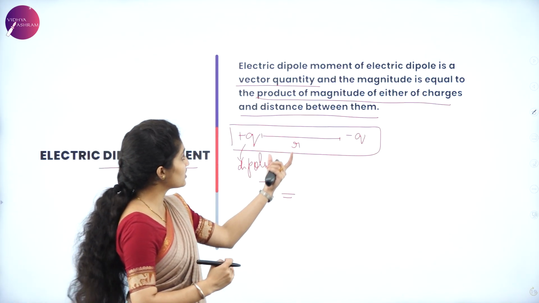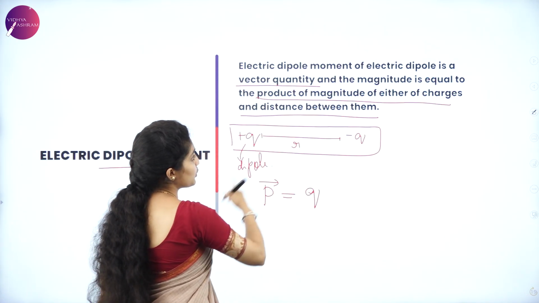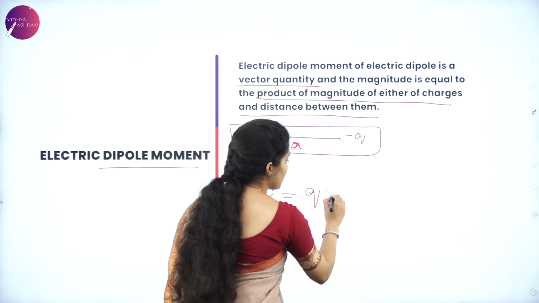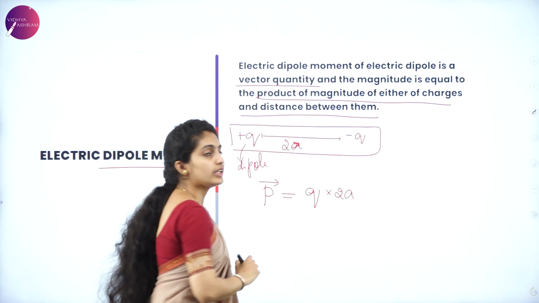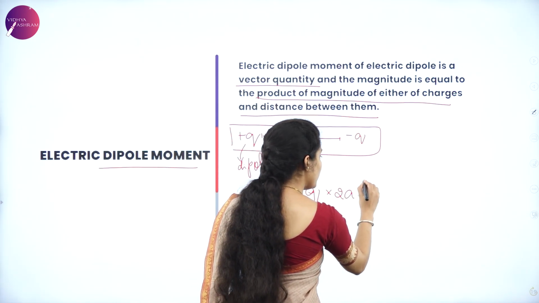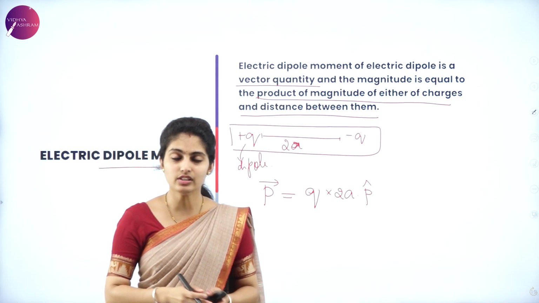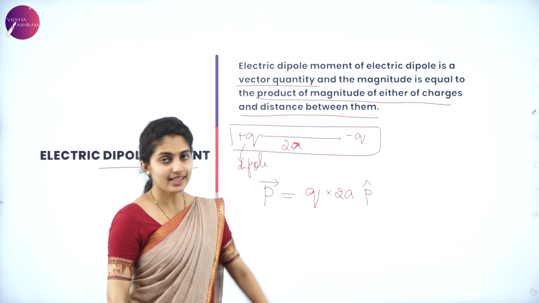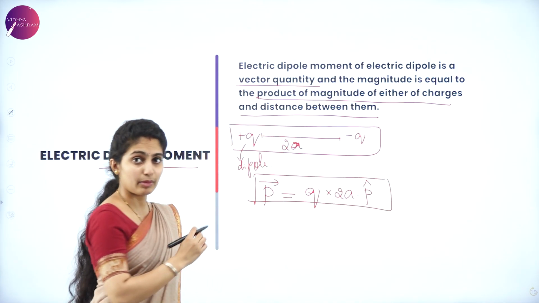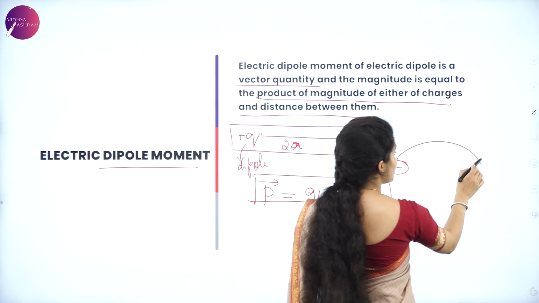It is just considered as only the magnitude of either of the charges. So it becomes Q and the distance between them. Suppose you are taking it as 2a, the distance between them can be considered as 2a. So it is Q into 2a into P vector, because just to balance this vector you write it as P vector in order to balance your left hand side. So this can be the formula for electric dipole moment, and remember, electric dipole moment is always from negative to